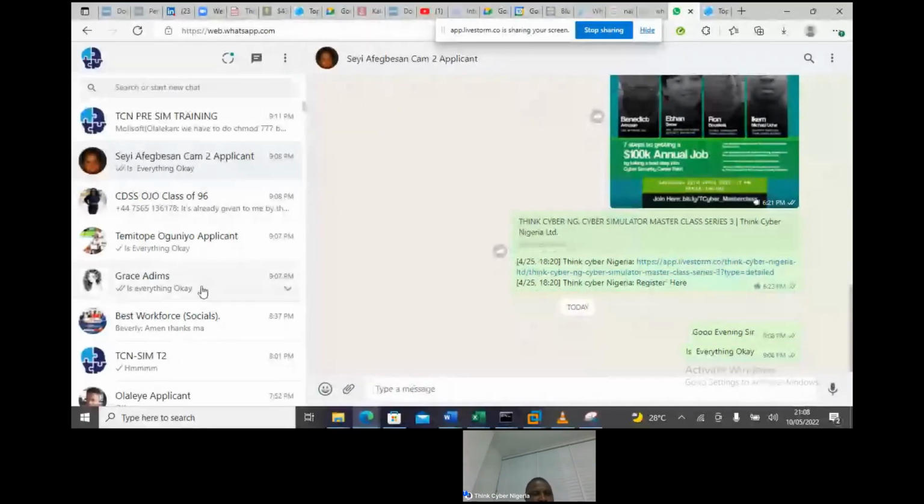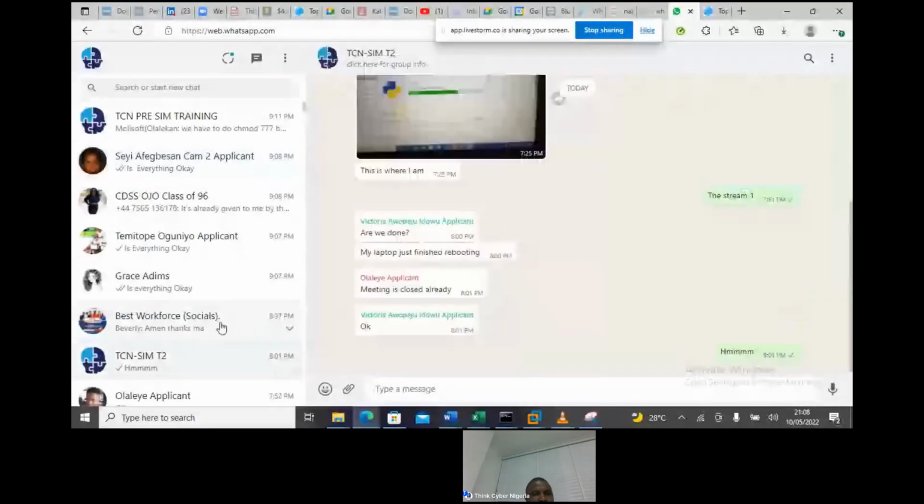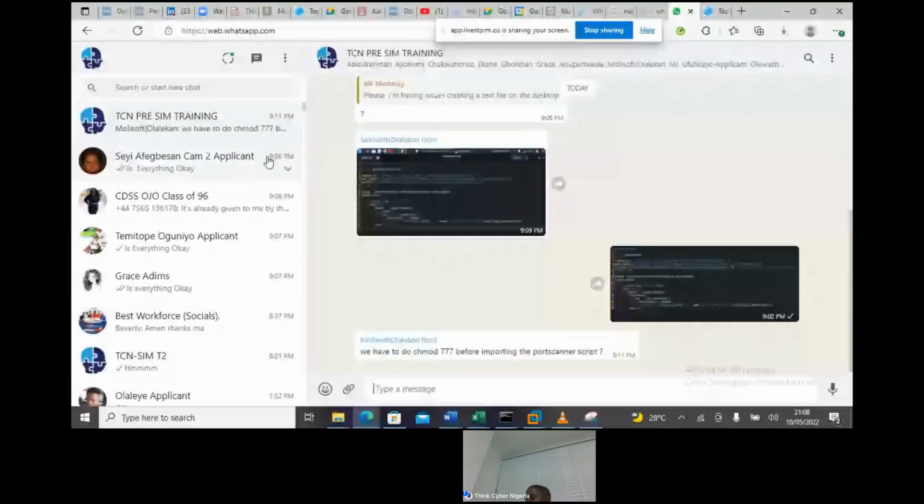So let's get it going. So convert it to what? Convert it to an executable file. So I need you to run it before we leave here and find out if it's actually working.